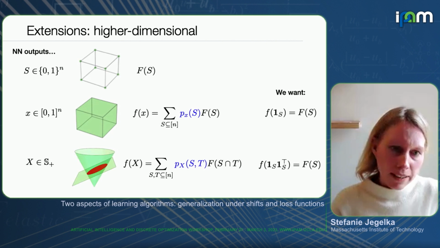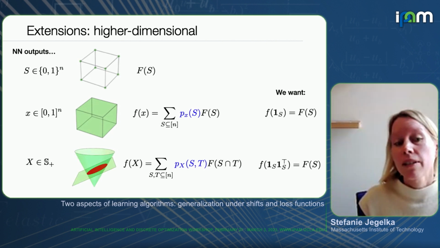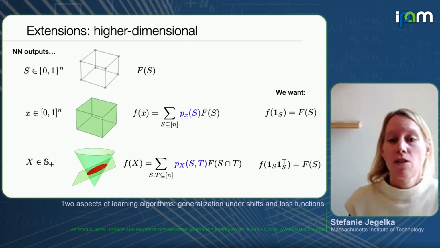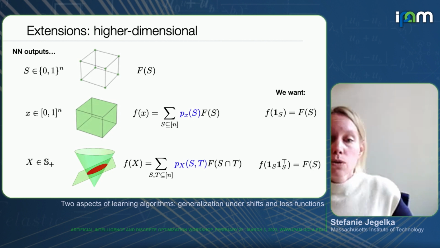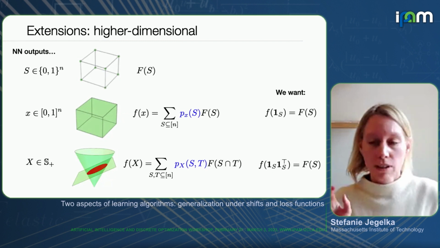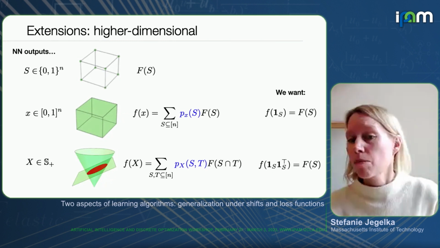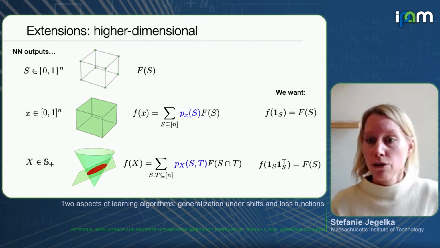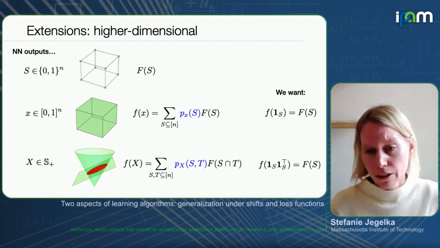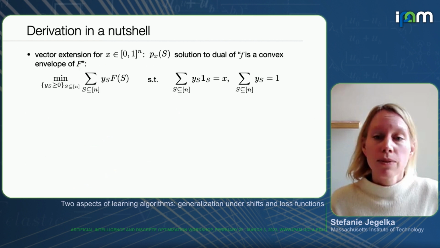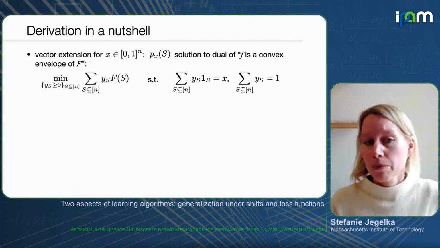So we also tried another thing, and this is using instead a PSD matrix. So this would be at least an n by n matrix. And now you can extend that definition of my relaxation, my extension, to matrices. So that's what it would look like. And now what we are essentially asking is that if I take the outer product of the indicator vectors, that corresponds to the function value. So it's again a kind of interpolation. And that's what we found works much better.